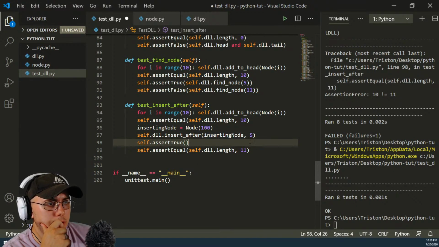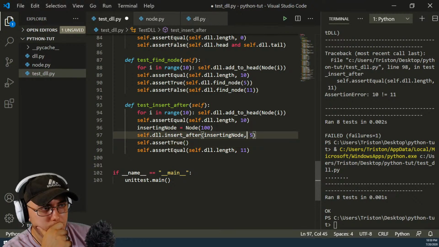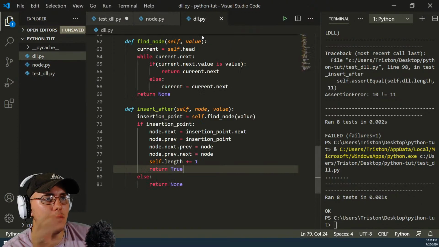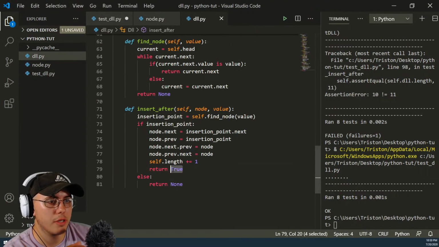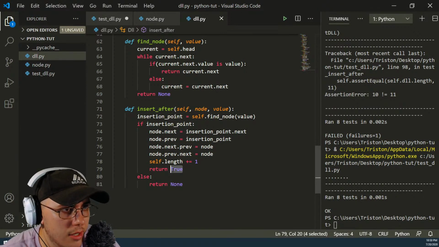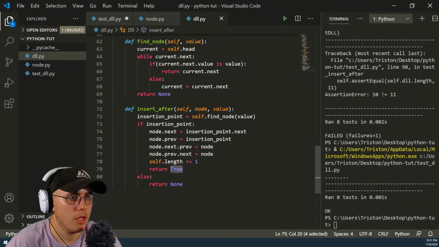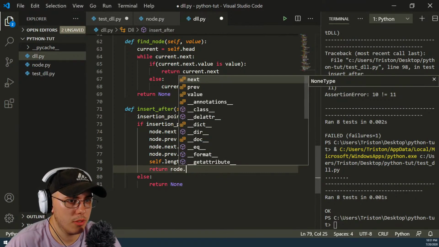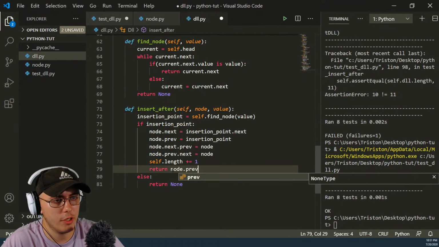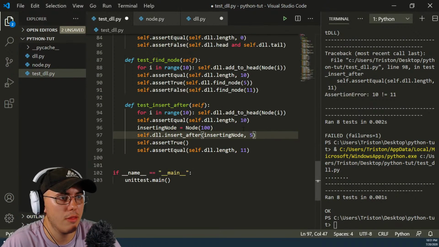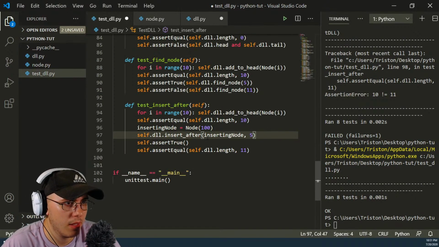Self.dll.insert_after inserting node and 5. I guess I could return the node instead of returning true. I could just return the node that I found, so it would be the node.prev. So I could return node.prev, and that way I can say